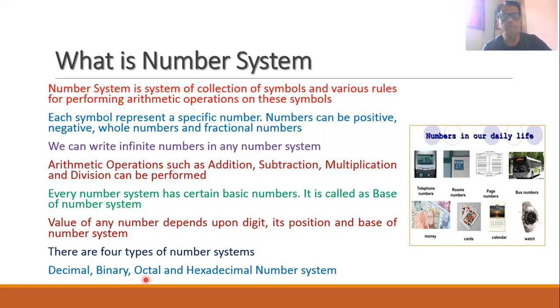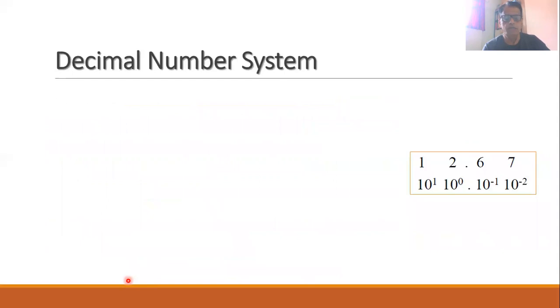The octal and hexadecimal number systems are used when we write programs, either in a high level language or in assembly level language. In this session, we are going to discuss all four number systems, and we will see how numbers can be written by using them. So let us start